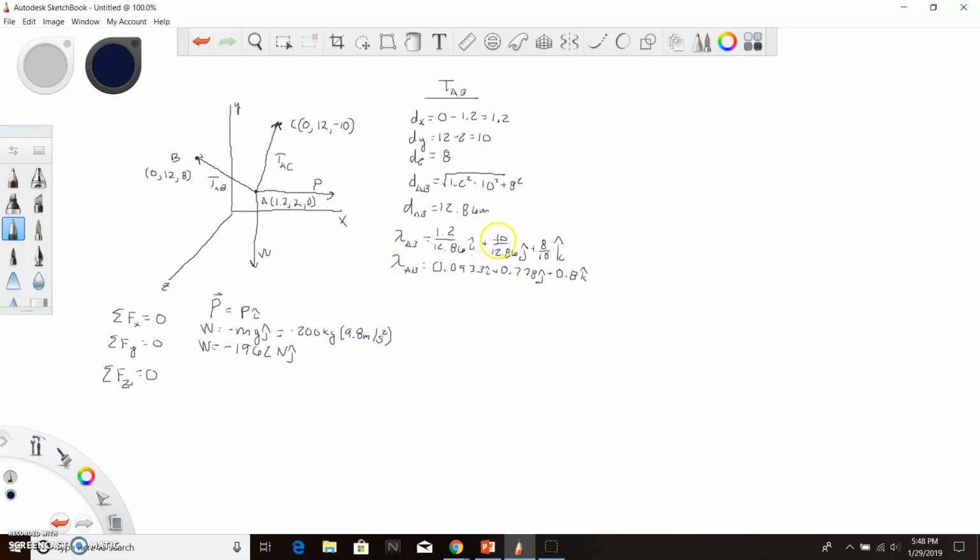Okay, that's the direction vector, the unit vector along the line of action for that force TAB. What that's going to help us with is that when I write TAB, I can write it like this. TAB is going to equal 0.933